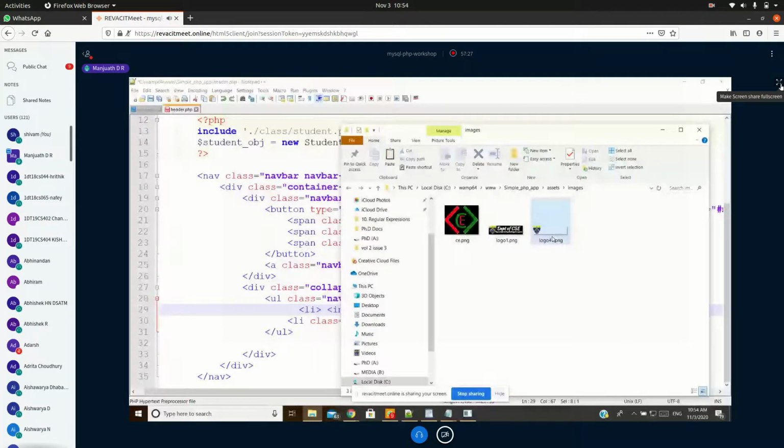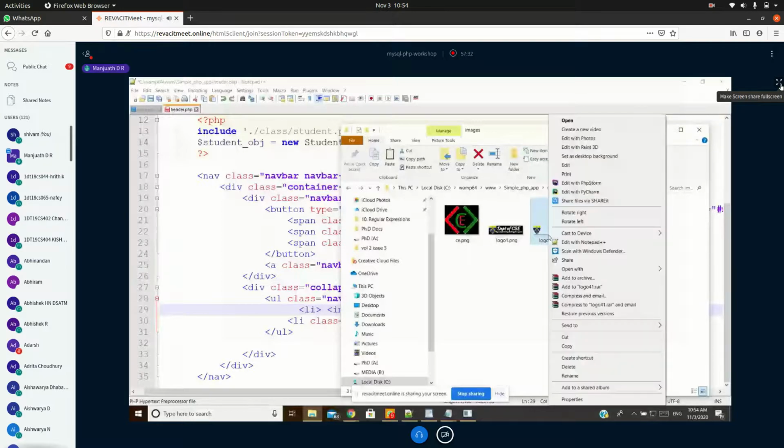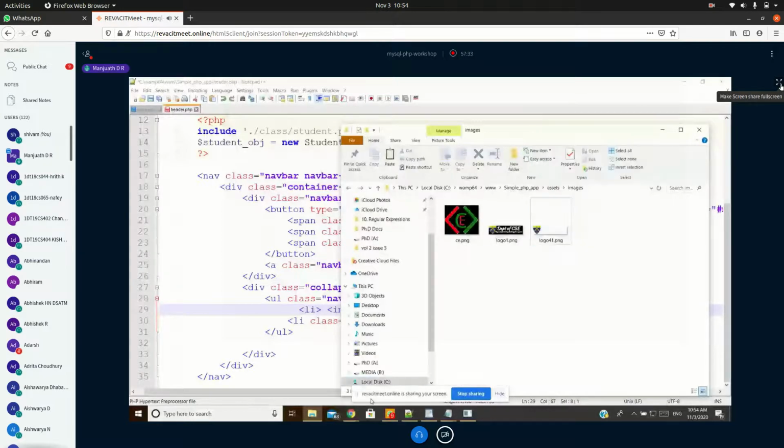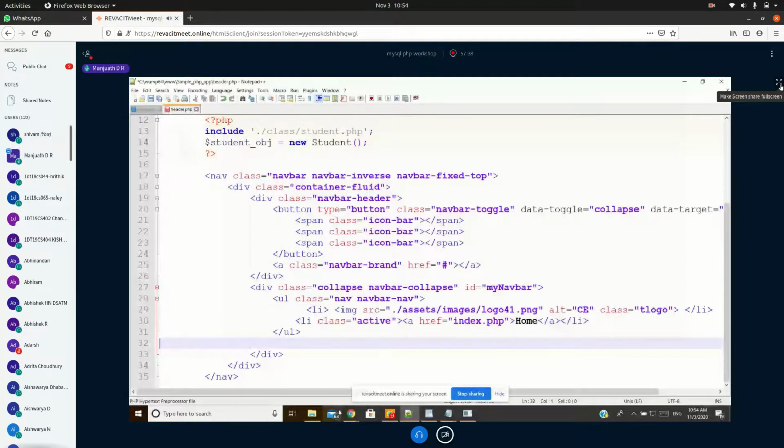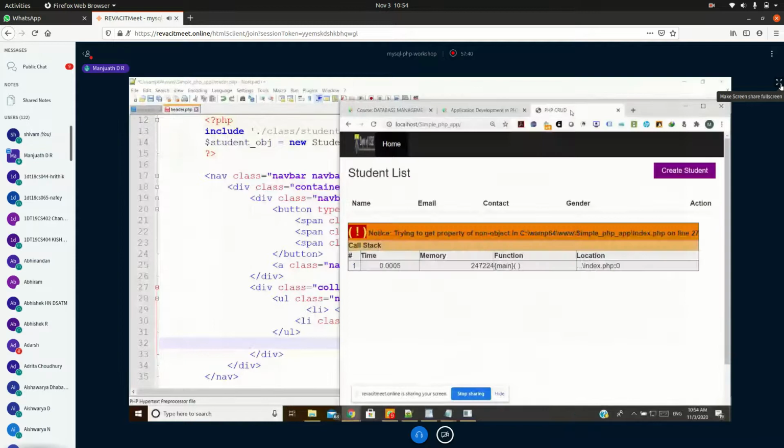So this is my logo. Now I have changed the file. You can check it out now. If I run this, you can see my application name is also changed.